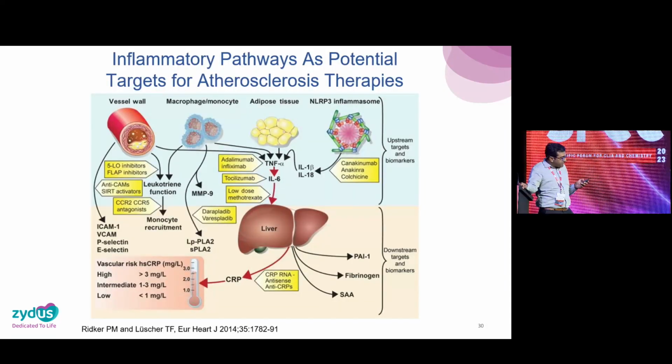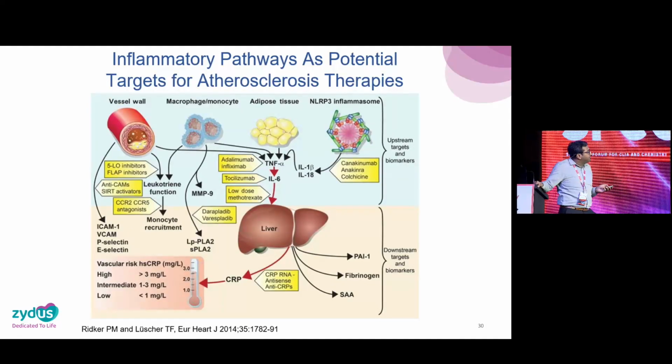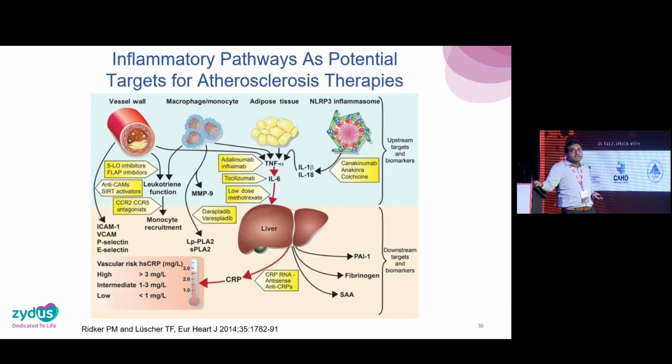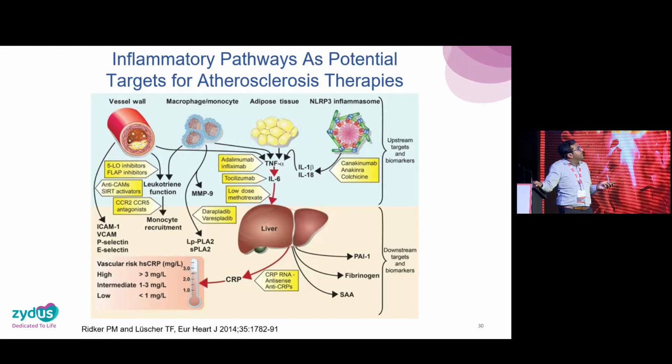Now this is something which was published in 2014. Dr. Paul Ridker has done a lot of work on CRP pathways, multiple metabolism in atherosclerosis, etc. So these are a few of the mechanisms where upstream targets for the biomarkers and these are the downstream targets for the biomarkers,